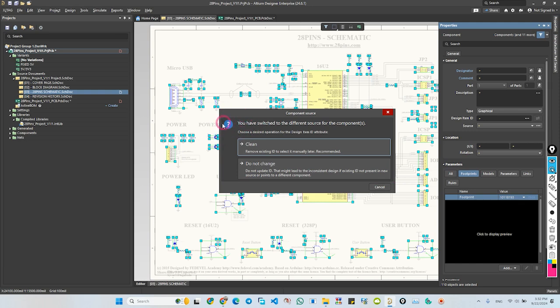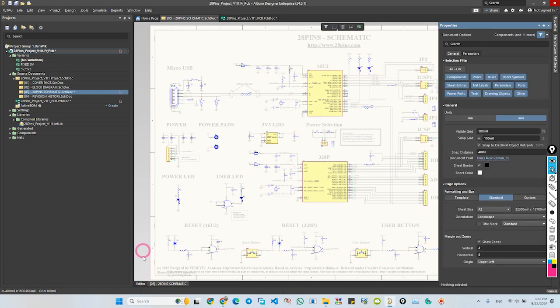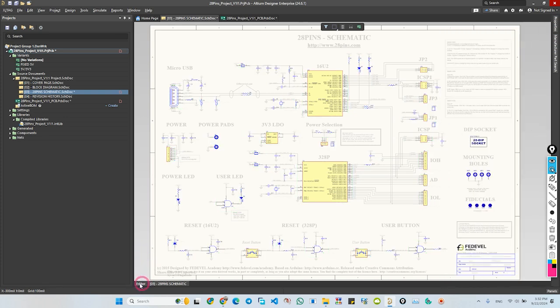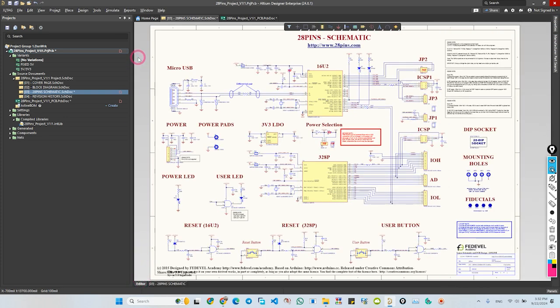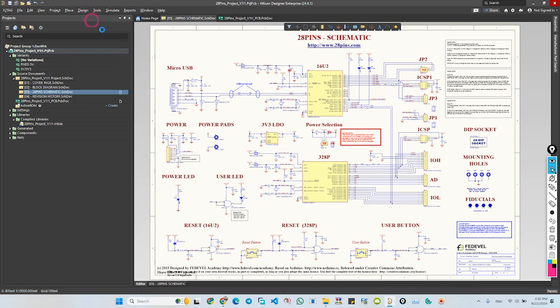Now this section is very important, because over here you should press do not change, because we don't want to change the item IDs. Once I do that, let's go back to our editor right here. I'm going to go ahead and save all of my files. Okay, now if you try to update the PCB document,